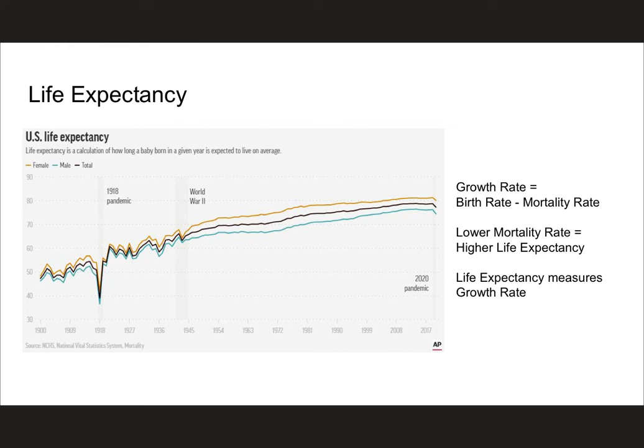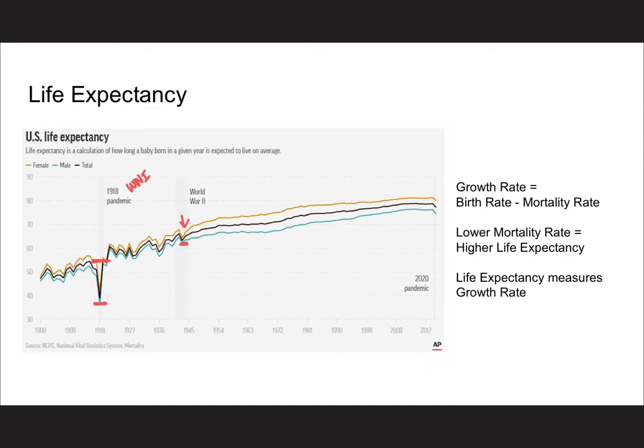Our individual control. So you see here in the 1918 pandemic, life expectancy dropped by a lot for both sexes. It went from about 55 right here, and dropped well below 40, more for males. And it wasn't just the pandemic, World War One was also happening at the time, so that's probably why males dropped so precipitously. World War Two, again, males were more affected, but overall life expectancy dropped, not as much as in the pandemic of